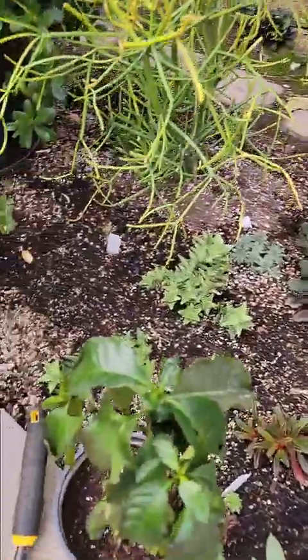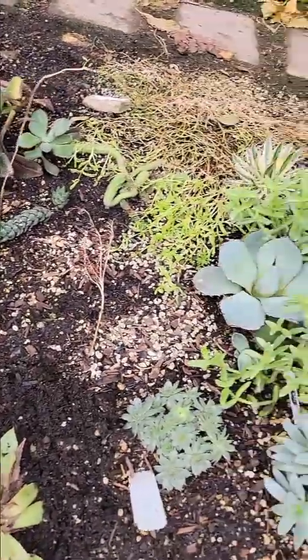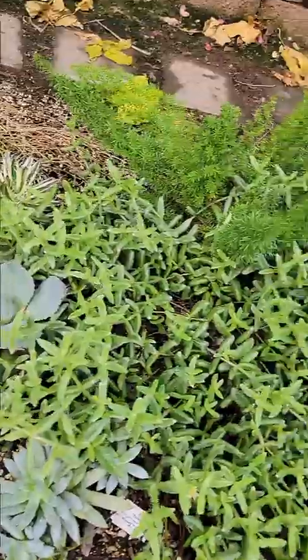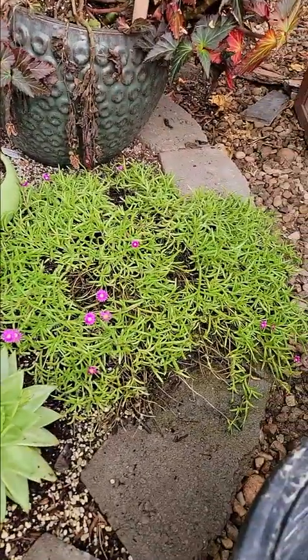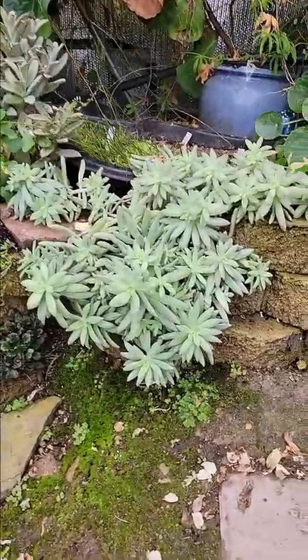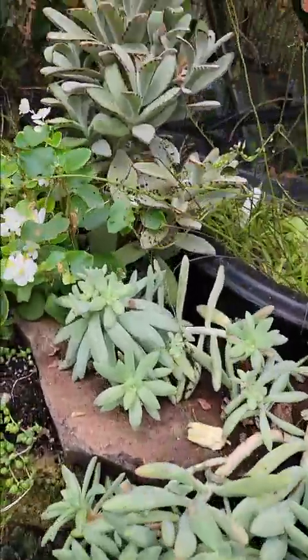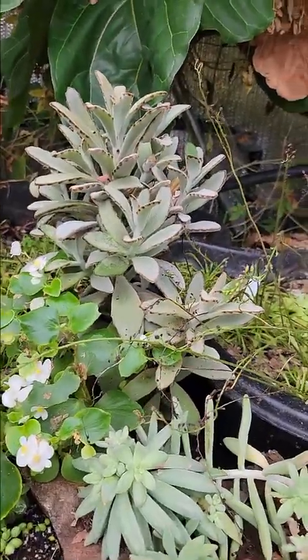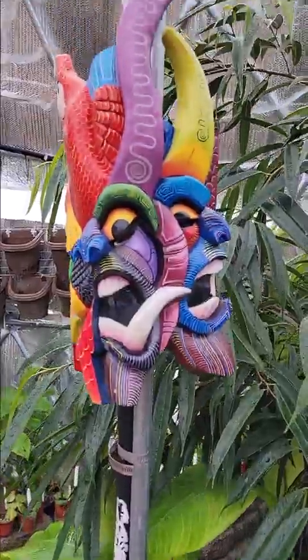There is some Delosperma that did not do well. It's a little flat to the ground off to the right there, and an echeveria that's suffering. But the agaves are doing pretty good, and some of the other stuff. That Delosperma is actually doing quite good. Some more succulents, and you'll have to forgive me. I know quite a few plants, but I'm nowhere near some of the great people out there that do tours of spaces. I'm just not. I'm learning, but